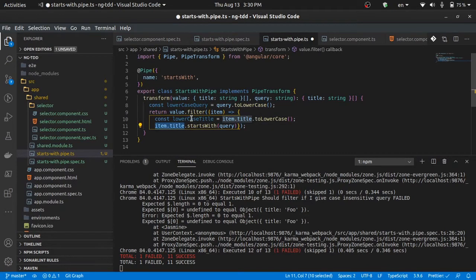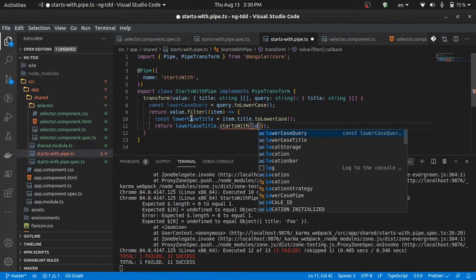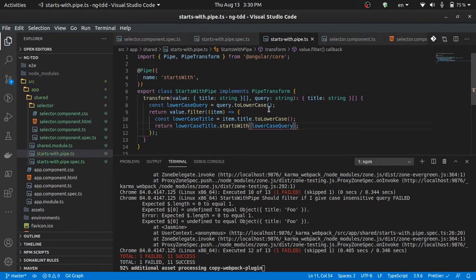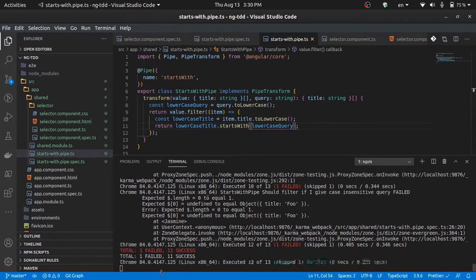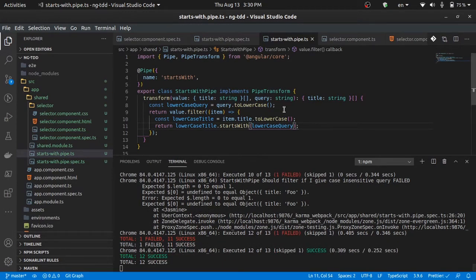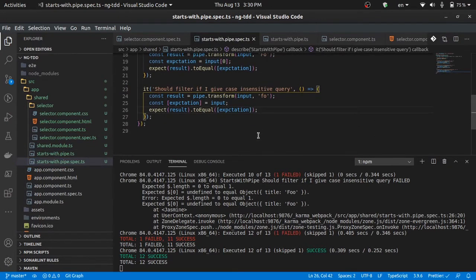So return that lowercase title compares with lowercase query. Okay, this should do the trick. Okay, it is successful. What next? I think